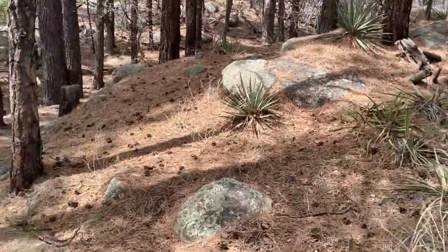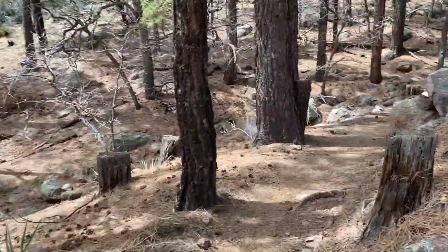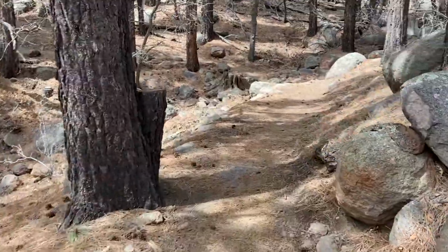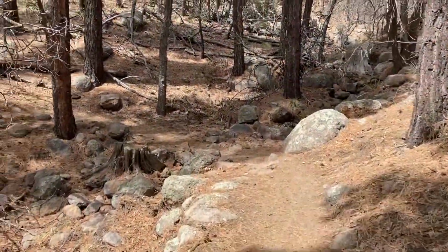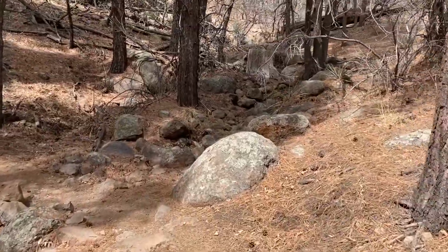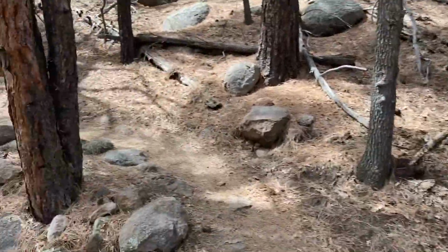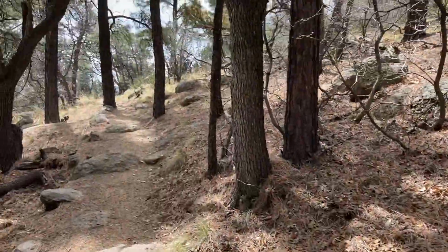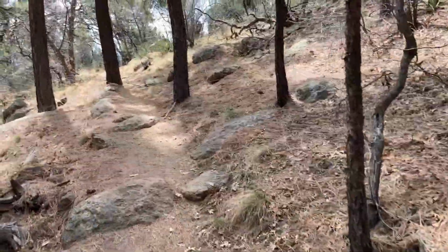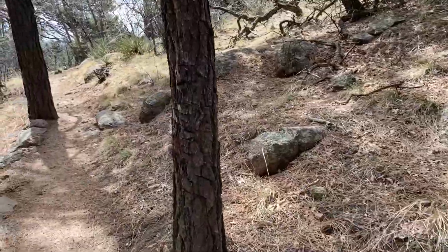ecosystem. What's actually happening is it was probably more the pines and the colder weather vegetation, and with recent climate change, it's slowly changing. Pine trees are dying down low, and pretty soon the only place we'll have the ponderosas is probably over 8,000 feet. But at any rate, we're about to circle around to the south side of Elden, and it's going to